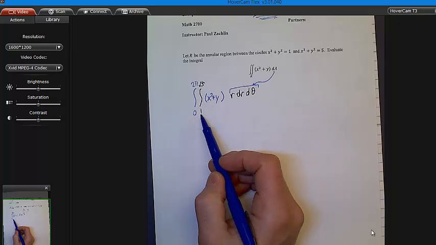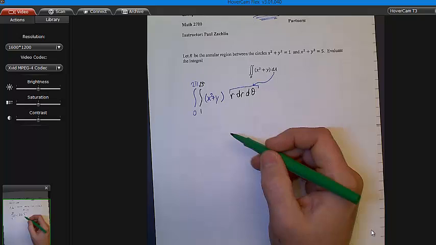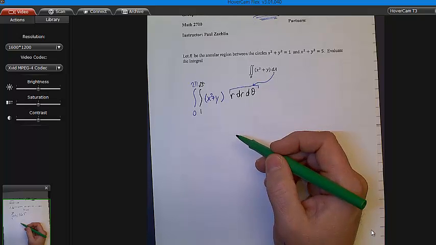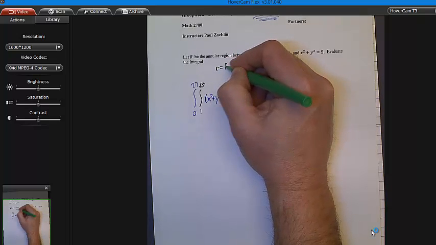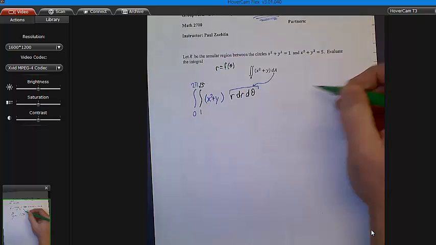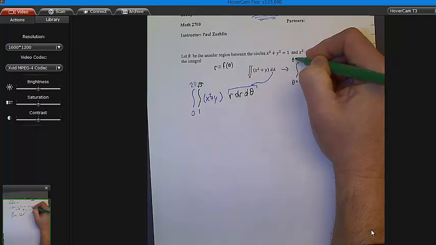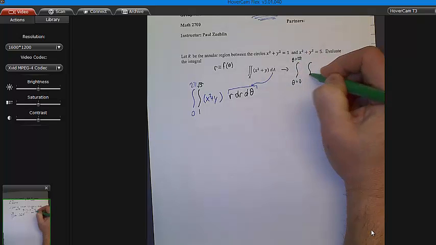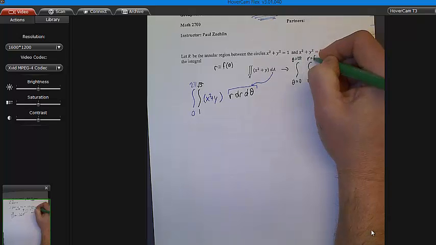Now this, we have 1 to square root of 5. See, what am I writing? When I write that 1 and square root of 5, what I really mean here, these are functions of what? Well, it's like r is a function of theta, right? I mean, in general, the way this is going to pan out is you'll have theta equals 0 to theta equals 2 pi, but the inner integral is going to be r is f1 of theta to r is f2 of theta,